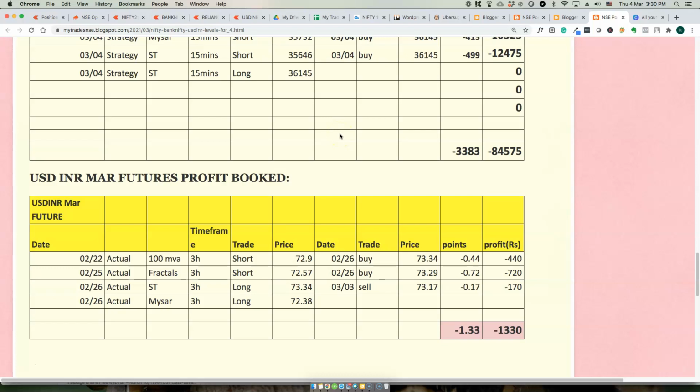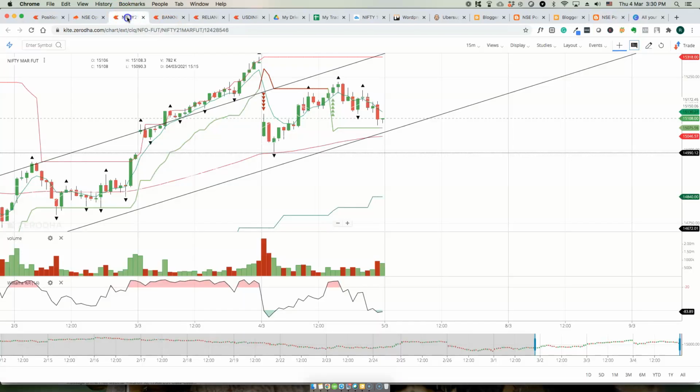Let us see the trading activity for today on the charts. If you see the Nifty chart, it gapped down and reversed the super trend. So we had to close the positional trade, and again it moved back up between support and resistance levels. So there is a fractal entry here. We have an upward fractal at the support level. So there is an intraday trade done here with some profit. Then again the super trend turned positive, so we took a long trade here.